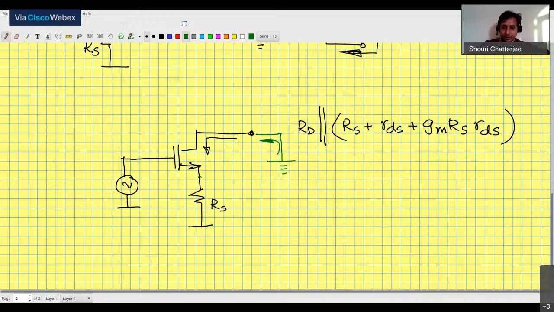So if you can find out the voltage over here, then the short circuit current is nothing but this current. So if this voltage is, let's say, Vs, if I somehow manage to find out what the voltage Vs is, then the short circuit current is Vs by Rs. All right. So now we look at this sub problem.